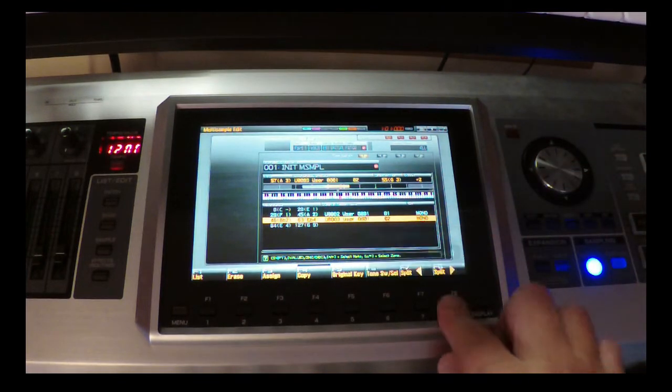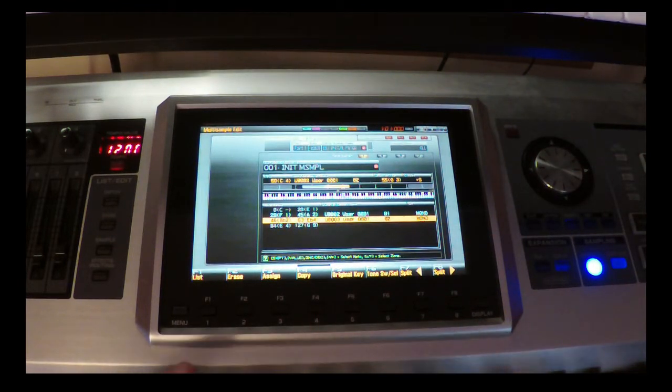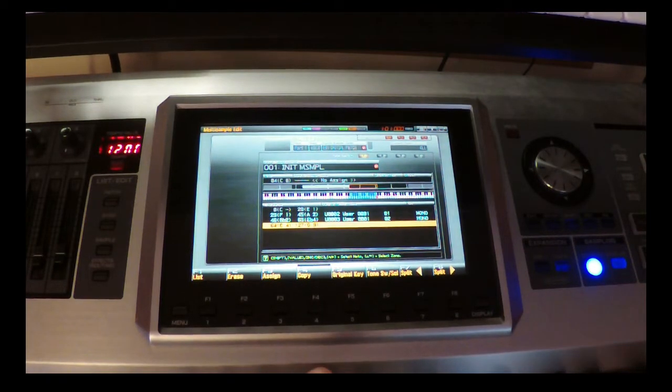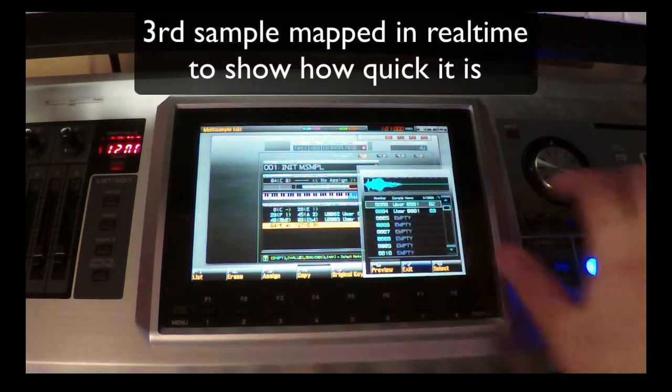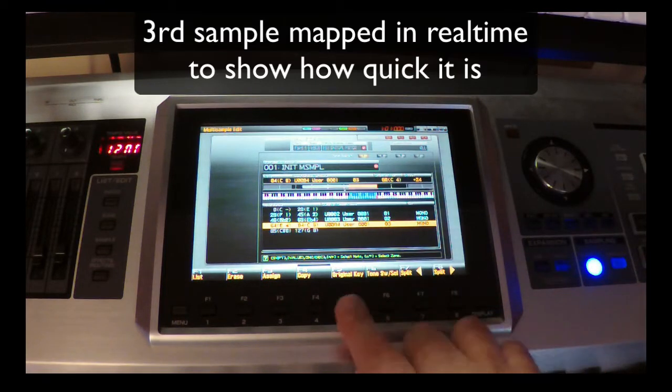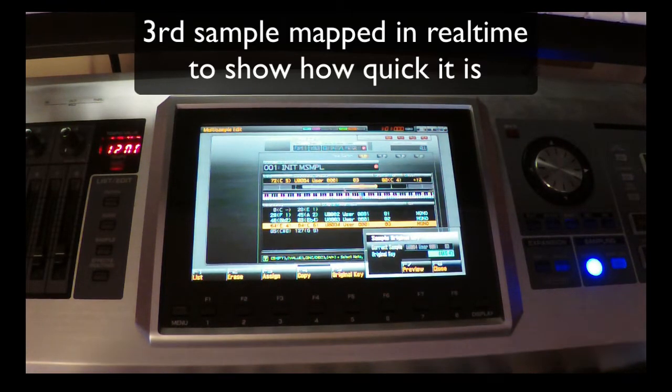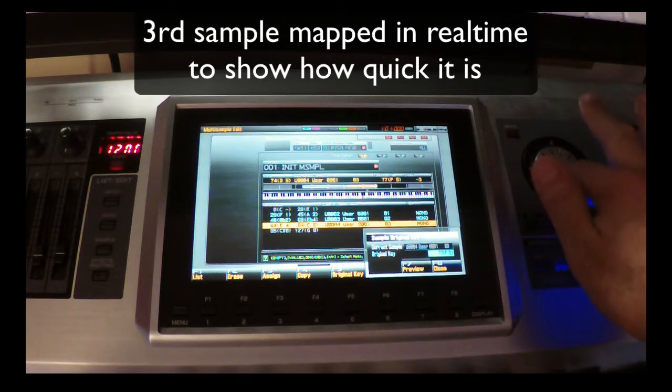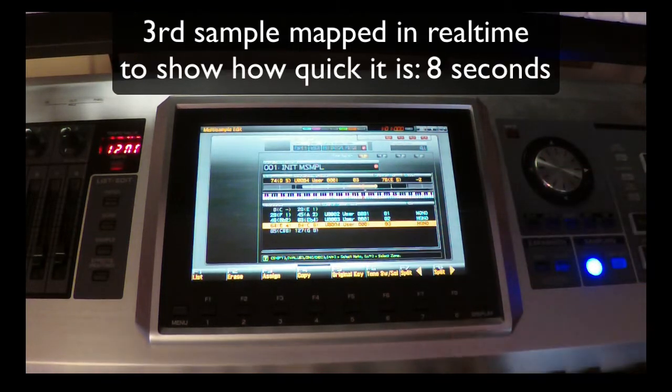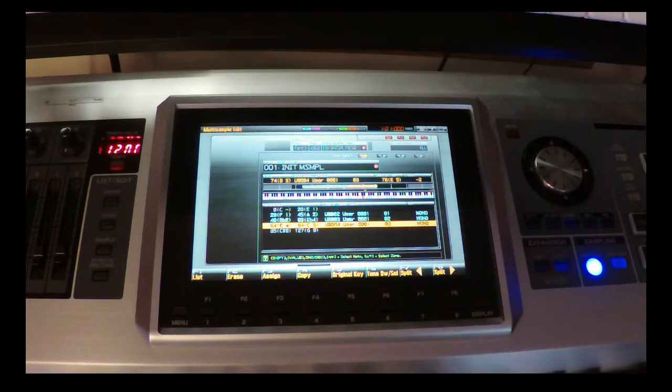That's good. And then repeat again. And we'll put them on up here. Go assign, last sample, select, original key. Close. You've now created a key map